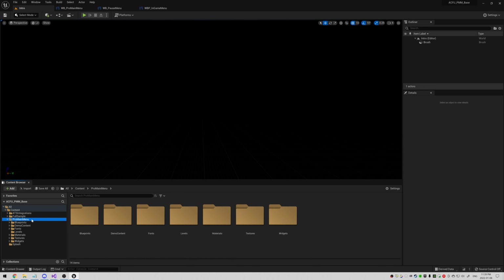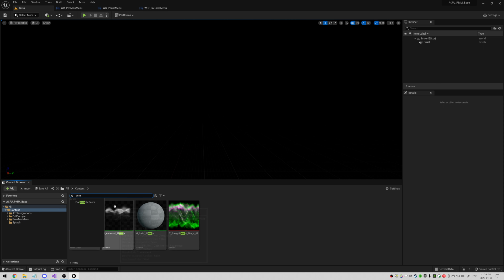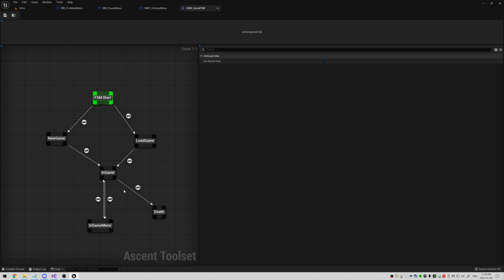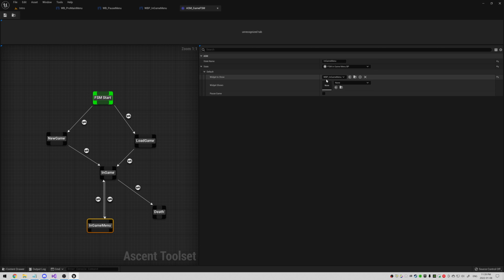So ASM game FSM. This is the state machine for the game. You can see it has a start, has new game or load game as the two options. It goes to in-game. In-game can go to an in-game menu and back, or you can go to a death menu. So for the in-game menu, the state is going to show us